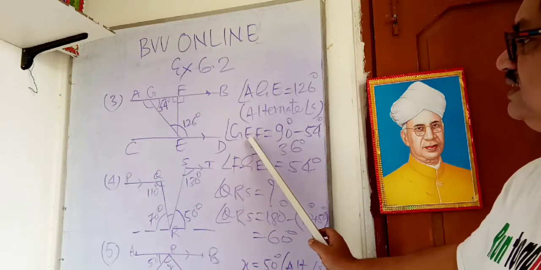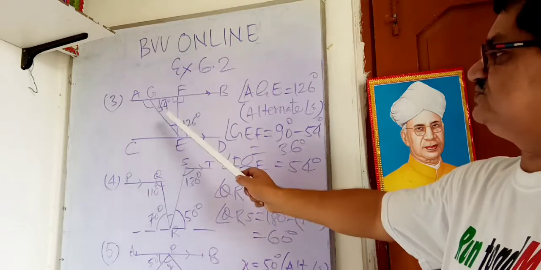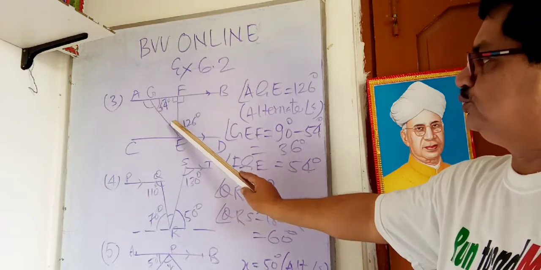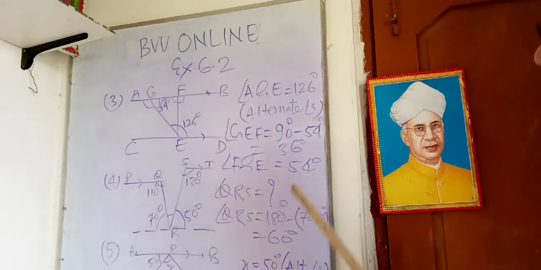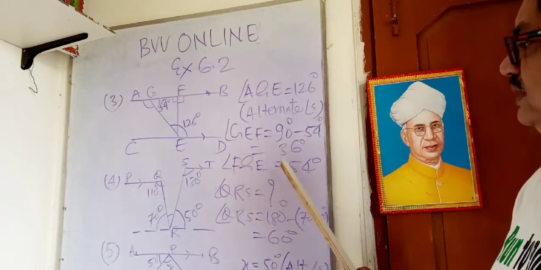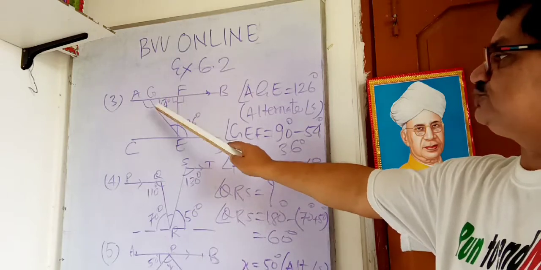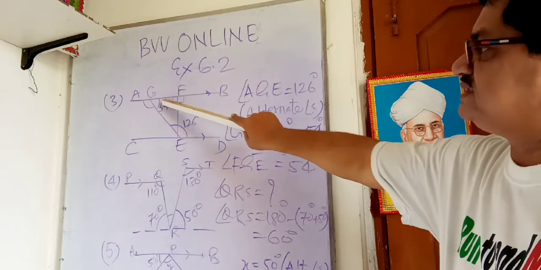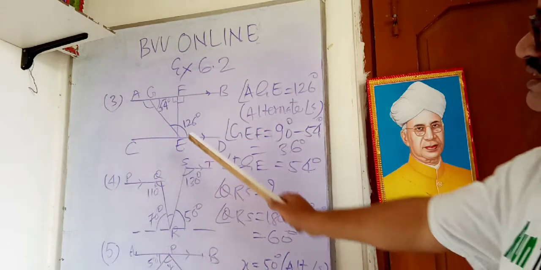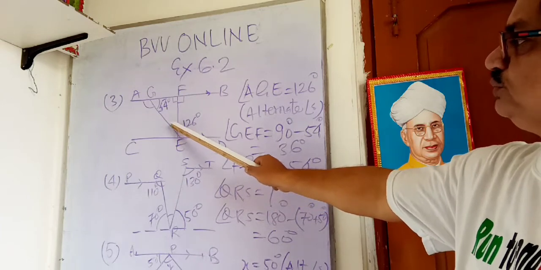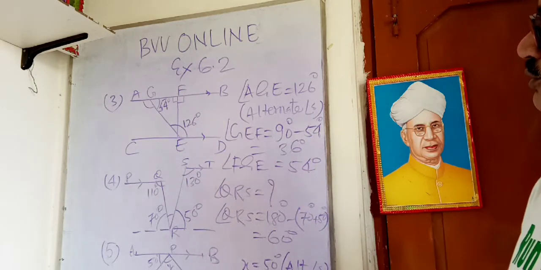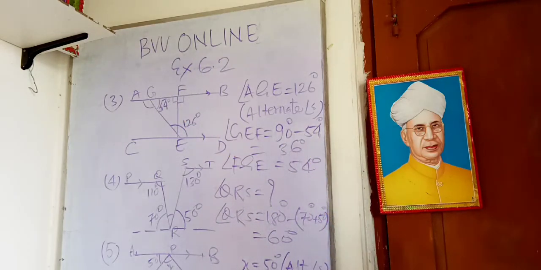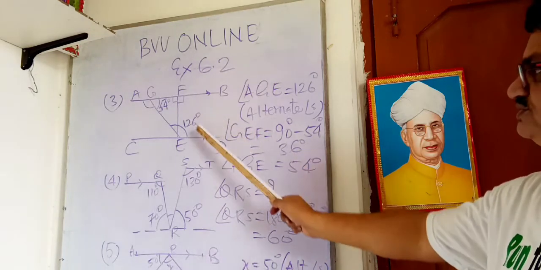So the next and last thing is GEF. Where is that? GEF is here. Now we have got 90, 54, and we have to calculate the third angle. So FGE we have got 54. This one is 90. Means sum of these angles will be equal to 90. So to calculate GEF, just reduce 54 from 90 and your answer will be 36 degree. So this way third question completes.